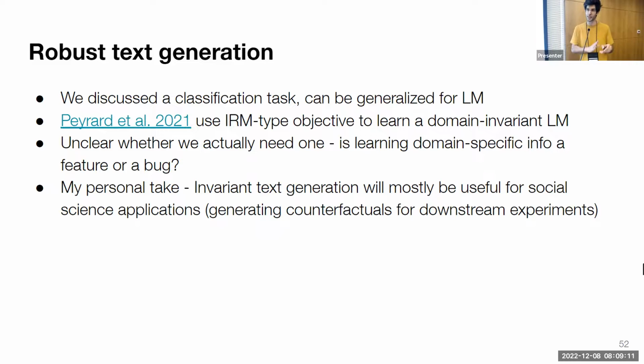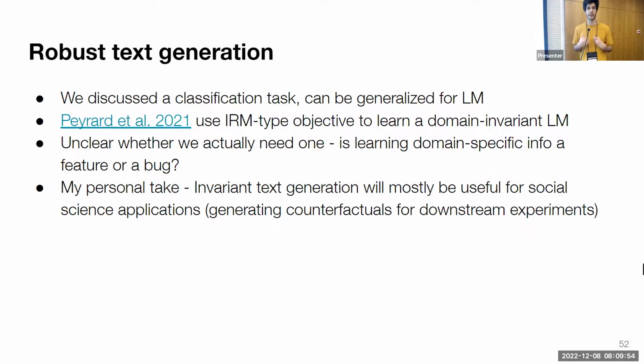But one thing that I still think we should devote some time to, and we have not done this enough in this talk, but I think generally this is true, is that invariant text generation can still be useful for many social science applications. Let's think about one example. Let's say I want to test the change in voter outcomes because of the way that a specific politician speaks. Let's think about some political speech as composed of some policy content and a style of the speaker. Let's say I want to test the effect of that style on some voter outcomes.